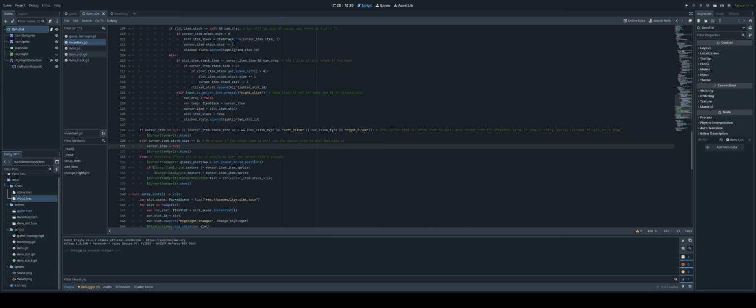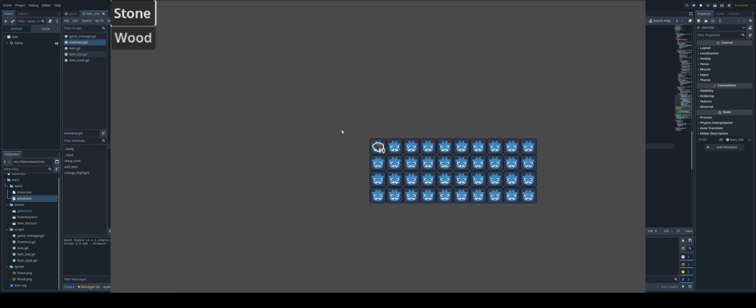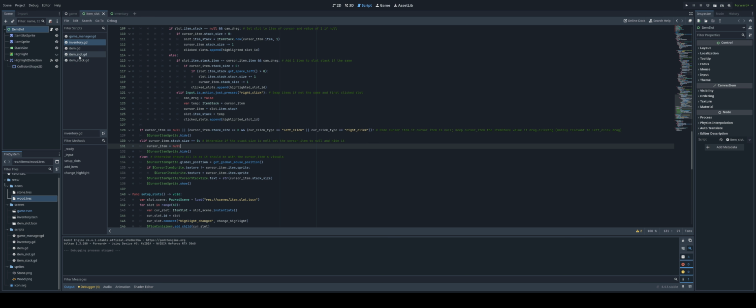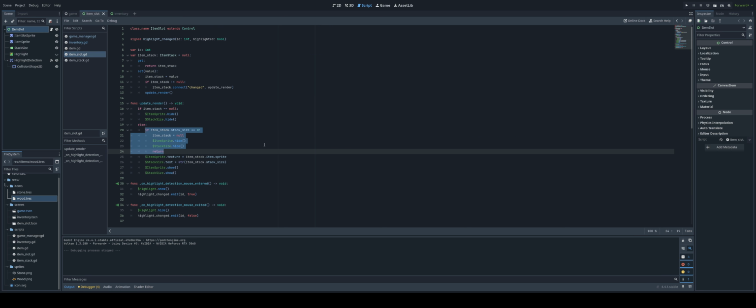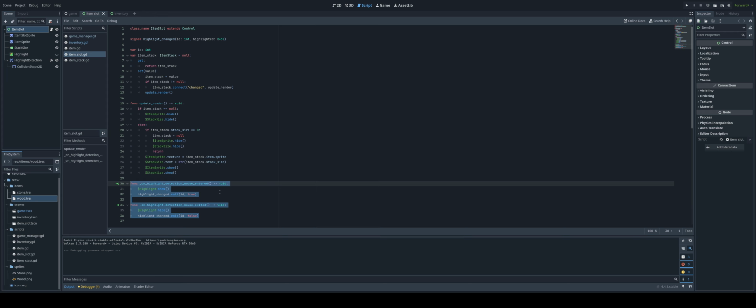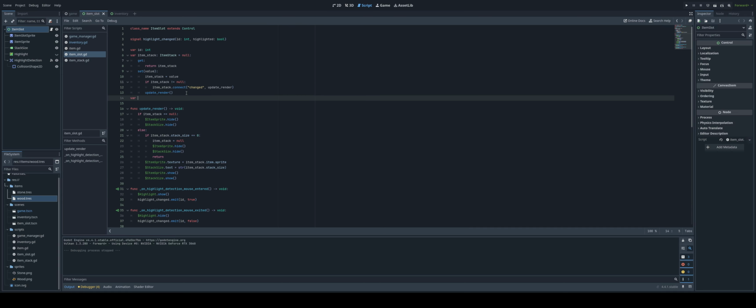Next up, let's make it so that if you're drag clicking, the slots that you've already drag clicked over, such as this, will stay highlighted, so you know that you've already interacted with those, since otherwise it might be confusing which of these you have already clicked and which you have not. So to do that, we will go to item slot, and we will just lock this if it needs to be locked. So what we can do is have a highlighted, which will just be a boolean and default to false,